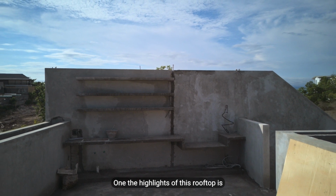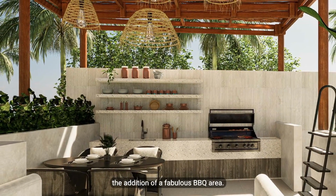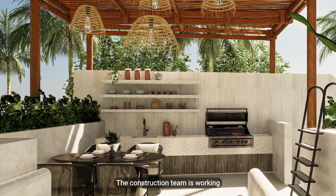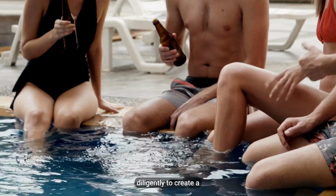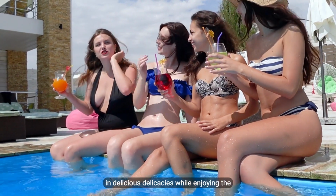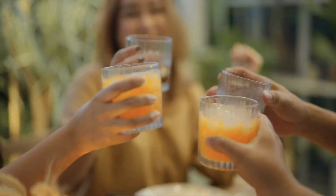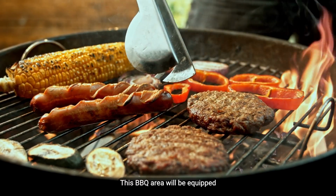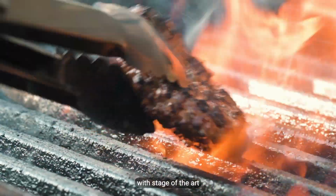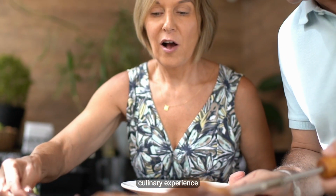One of the highlights of this rooftop is the addition of a fabulous barbecue area. The construction team is working diligently to create a space where you can indulge in delicious delicacies while enjoying the serene ambience of Bali. This barbecue area will be equipped with state-of-the-art amenities to ensure a perfect culinary experience for